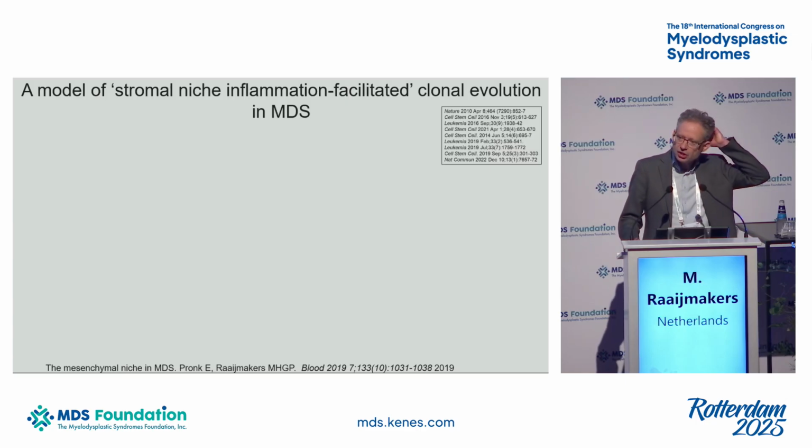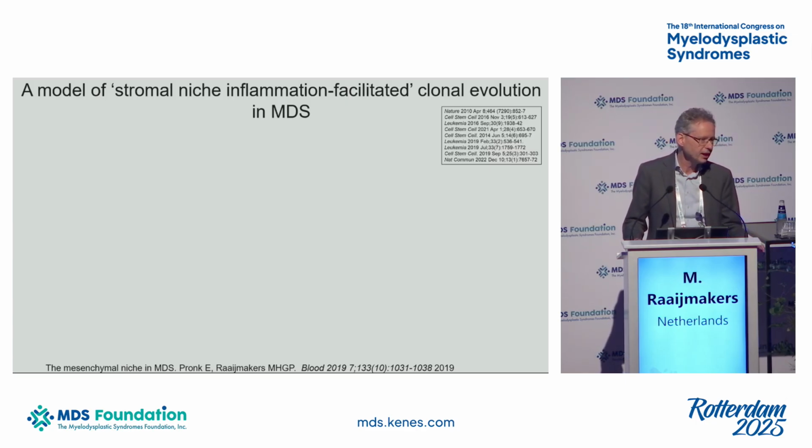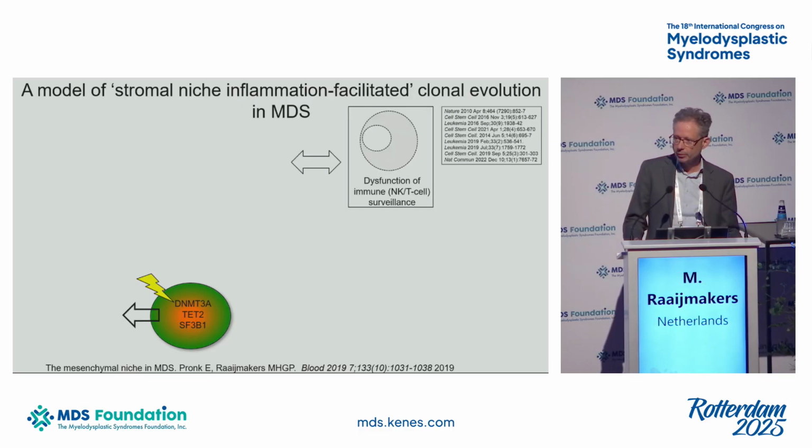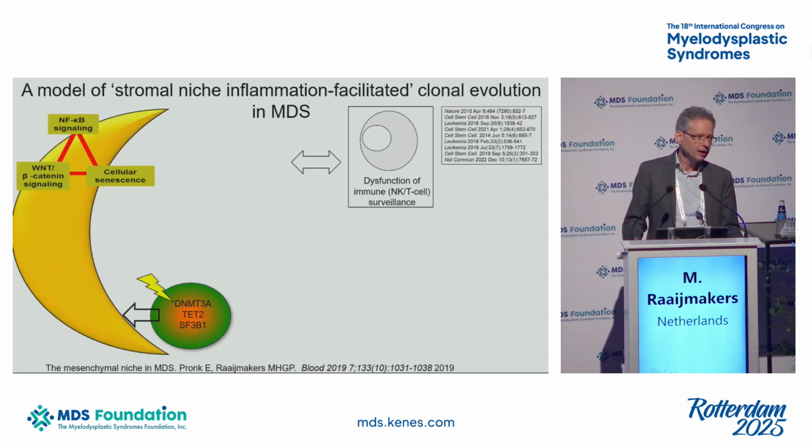So where does that leave us? And this is my last slide. This is a model we proposed a number of years ago, but I think the data would still be consistent with that: that in MDS there is occurrence of mutations that may be stochastic or not, but that these mutated cells lead to an inflammatory environment that may be direct or via myeloid progeny or via innate adaptive immunity,